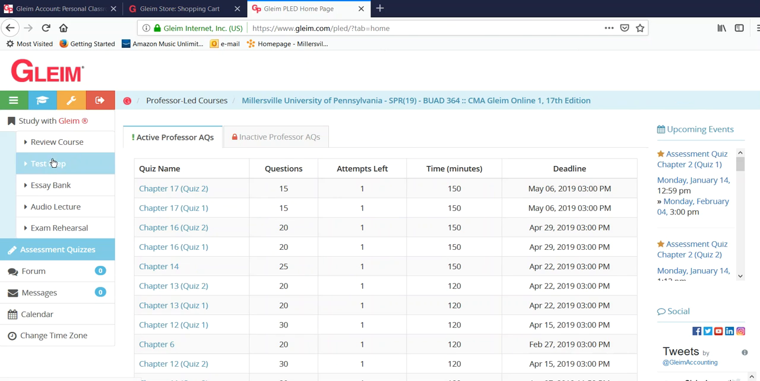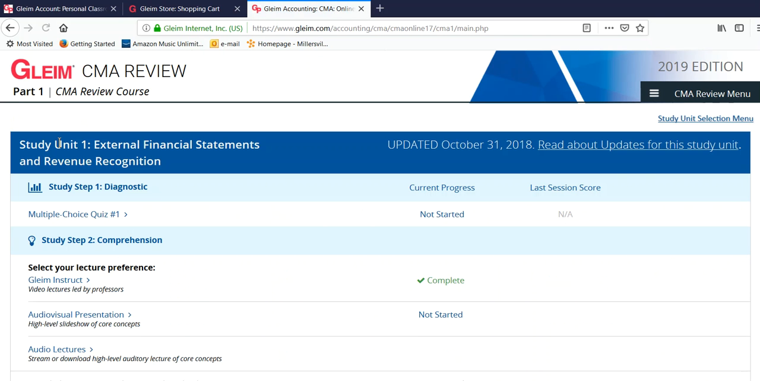If you've purchased the premium package, you have access to more materials. You can click on the Review Course tab. Now, even if you've signed up for the free version for Study Unit 1, you'll have access to this material. It will tell you up top that you only have access to the free version for the first study unit. But there's a diagnostic multiple choice quiz that you should start before you take the unit. You will have access to